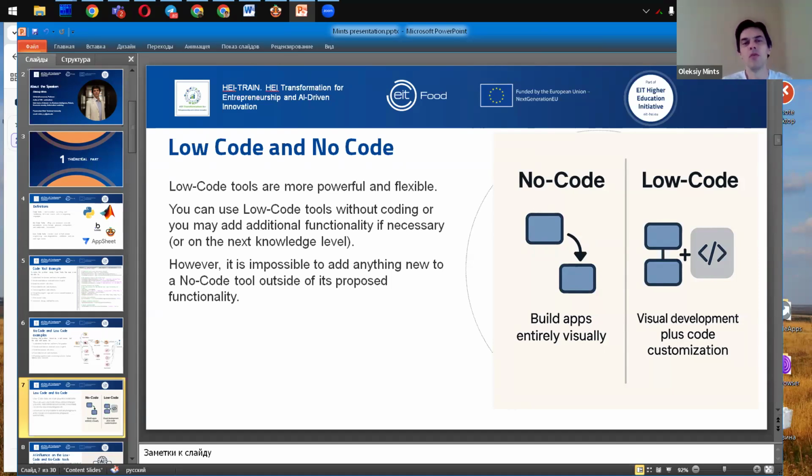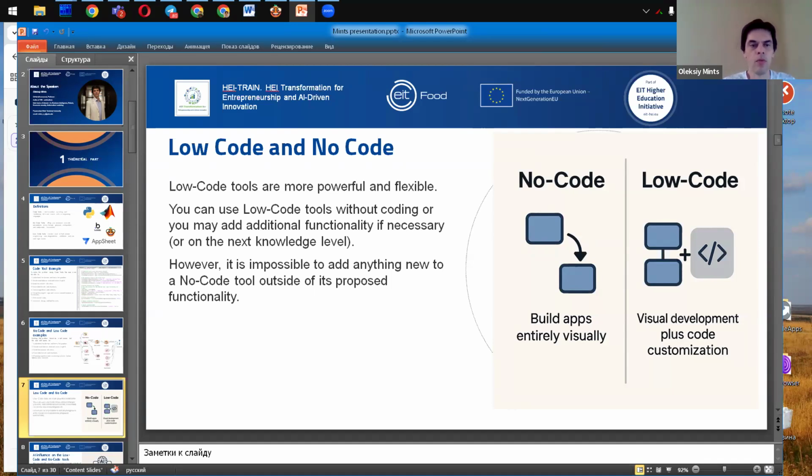In my opinion, low-code tools are more powerful and flexible. Because you can use low-code tools without coding, or you may add additional functionality if necessary, at the next knowledge level. However, it's impossible to add anything new to a no-code tool outside of its proposed functionality.